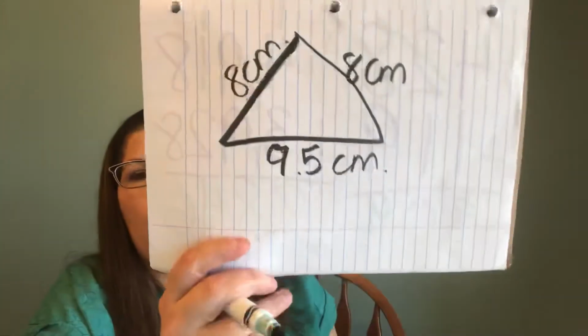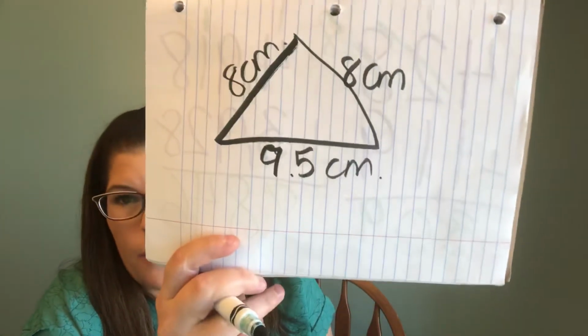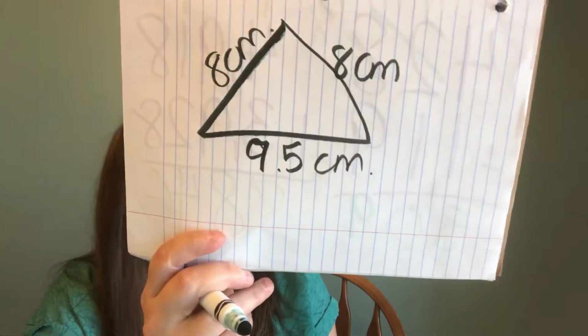Let's say you're looking at perimeter and you're looking at a triangle. And let's say this is 8 centimeters. And I'm gonna use an example that has a decimal because I found a decimal. If you don't find the decimal, that's okay. So I'm gonna say this is 9.5 centimeters. And we'll say this is 8 centimeters too, okay? So to find the perimeter of an object, a closed object like this,